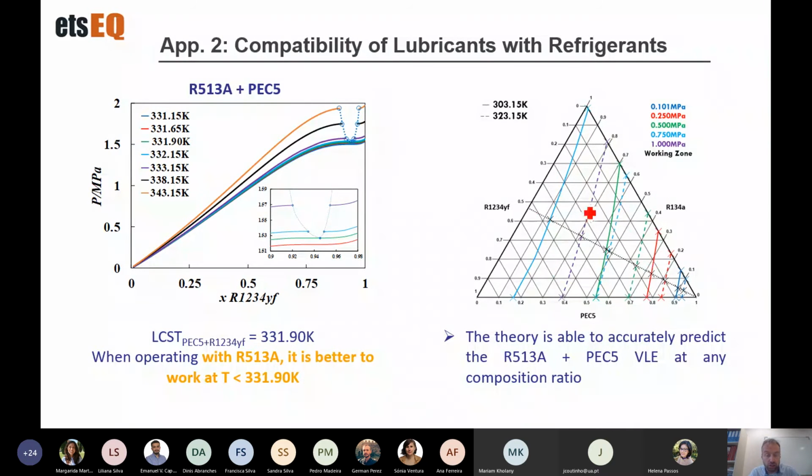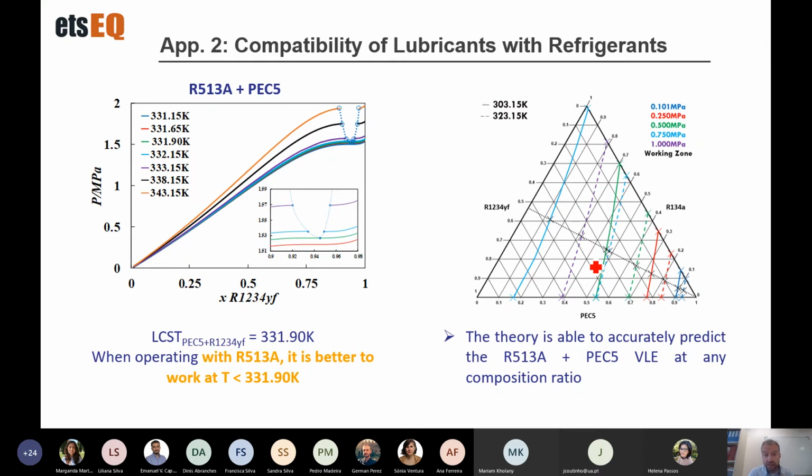Again, this is a calculation done based on previous results at different pressures. And this is the operating line, okay? The dotted line is where we can find the composition of R513A, okay? And here we can see, depending on the pressure we want to work at, where the limit between the liquid and the vapor phase is. These calculations have been done at temperatures lower than that of the miscibility gap in order to ensure only